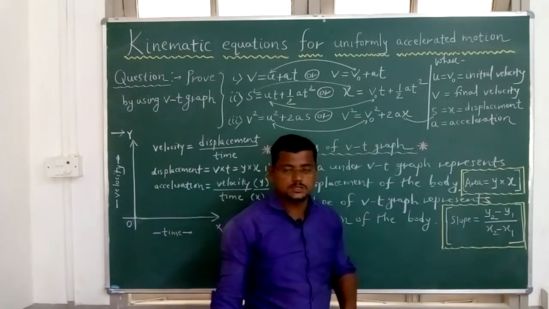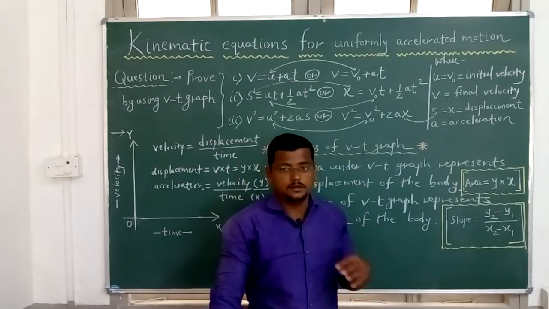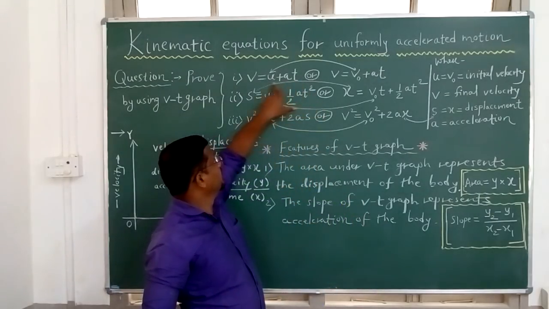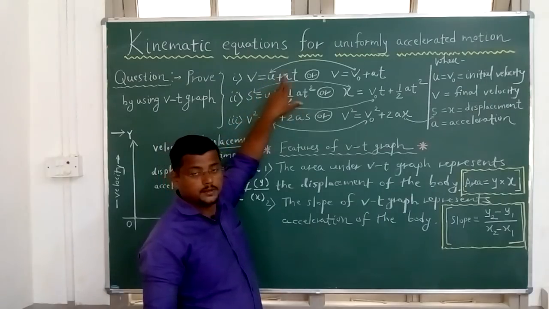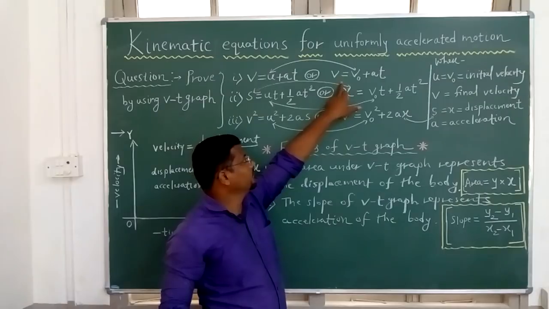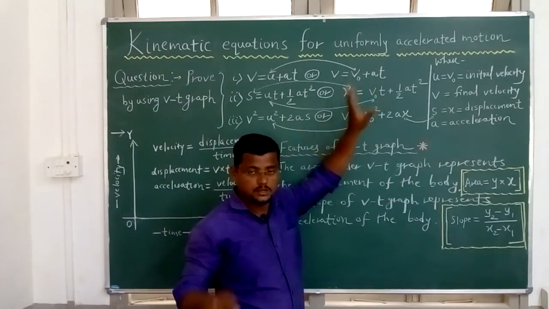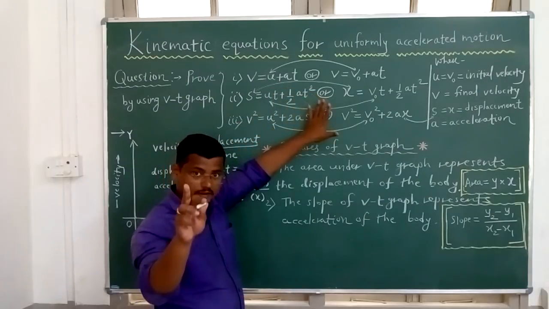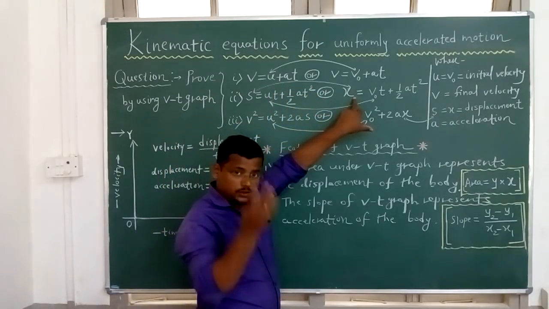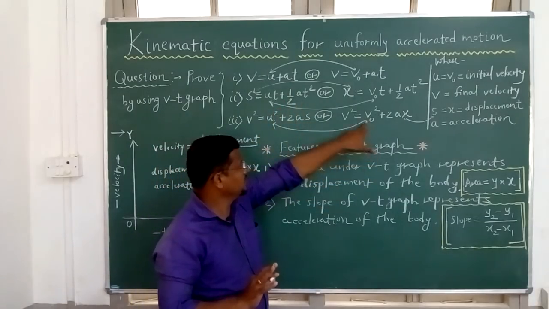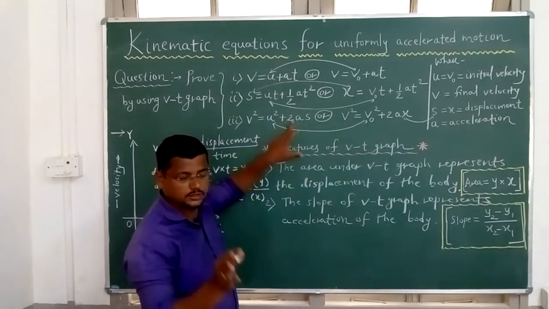Why am I telling this? Because one of the students messaged me and told me that in our high school section, we have studied V equal to U plus AT. And as per NCERT, I taught in my previous classes V is equal to V0 plus A into T. If you are comfortable with these, you go by this only, no problem. Even in examination, if they ask like this and if you prove this by using these notations, then also you will not cut any mark.